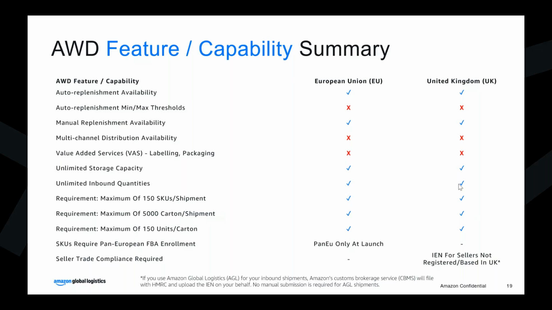Does AWD check the expiry dates before goods are transferred to the FBA warehouse? And is the expiry date info available at AWD to sellers? This is a really good question, but really specific. I do not have the answer to this right now. I would need to look and let you know afterwards. I know that we care about the shelf life of a product, and that we wouldn't be really selling anything that is expired, but I would need to check on how our logic will be working there.